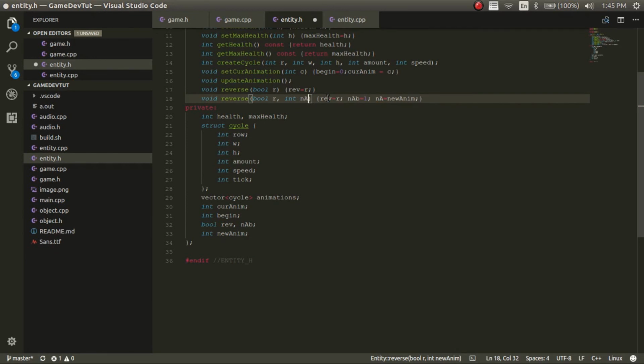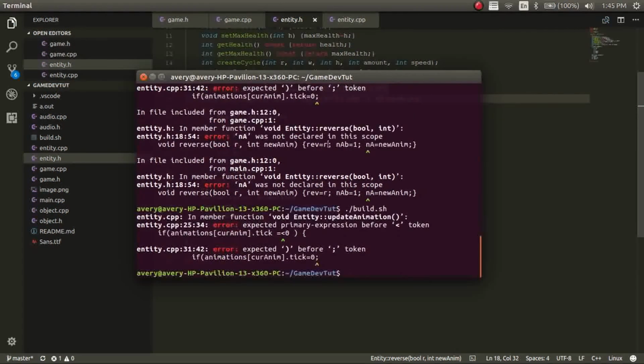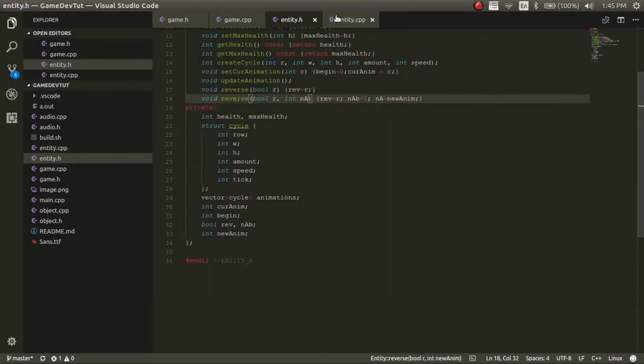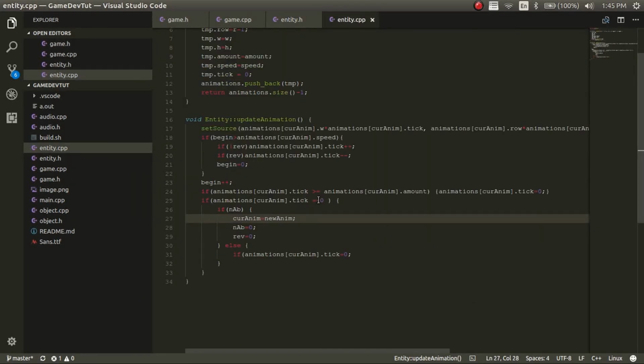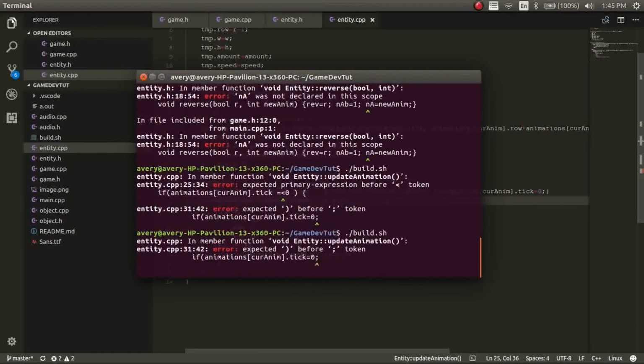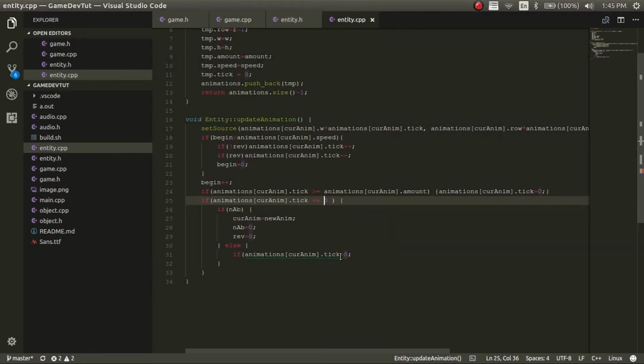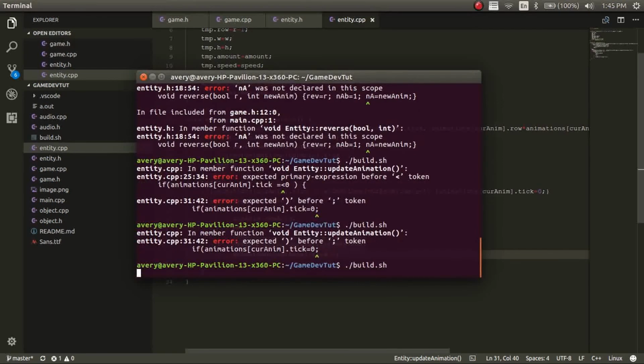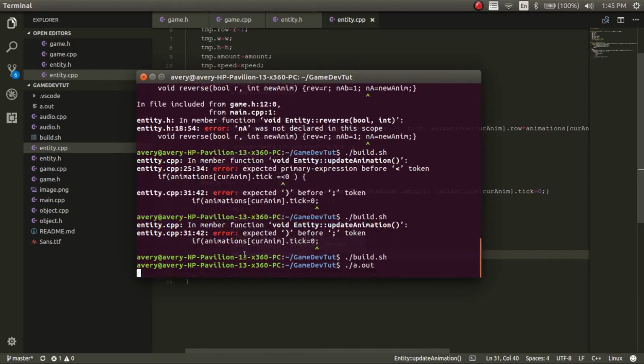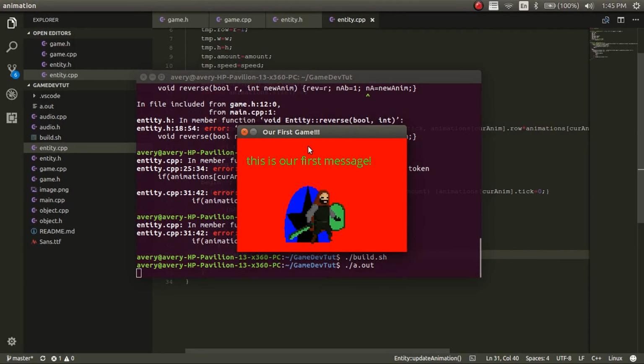That's what I thought it was, NA. And then this needs to be down here. Now that's not an if statement. That's why it was like that. Alright. So now it's like that, and now